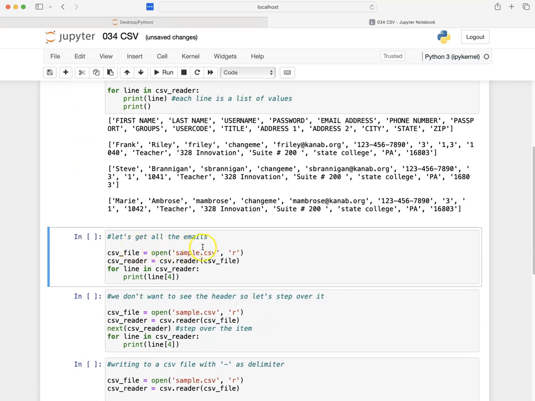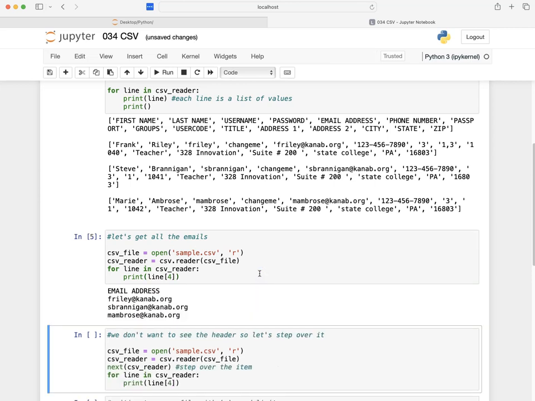Let's go ahead and get all the emails. So the CSV file is open to sample again. I don't have to do this, of course, I've done it before, but let's just do it so we have it nice and clean. I'm going to just go, and for the line, I'm going to get element number 4. So let's see, that's 0, 1, 2, 3, 4. And of course, that is what I expect with a list. So as you can see, I have email address, which is the header, and then I have the emails that